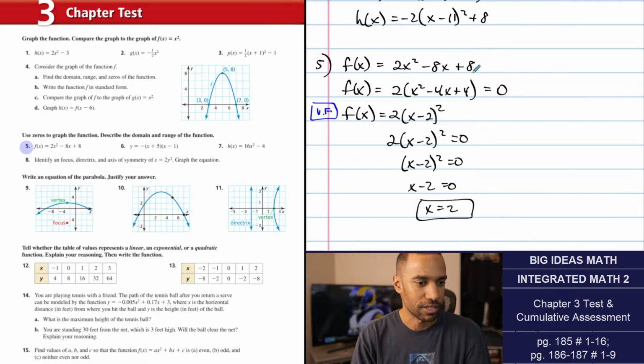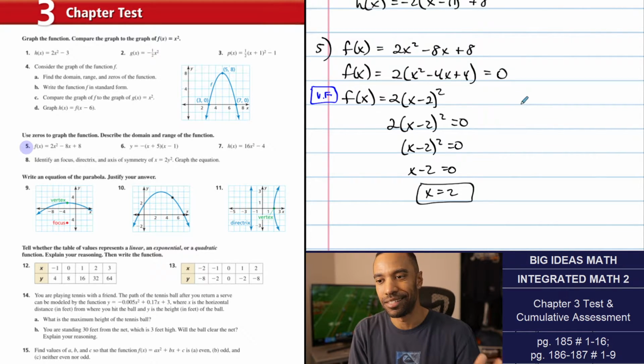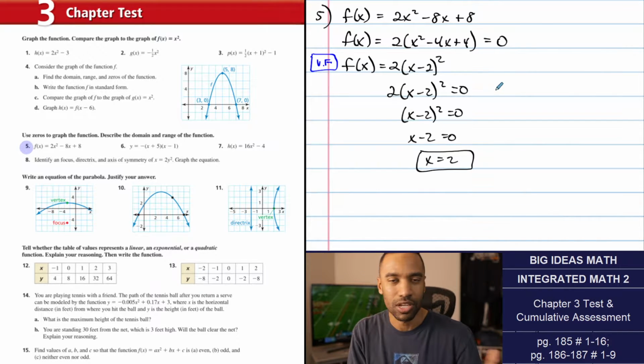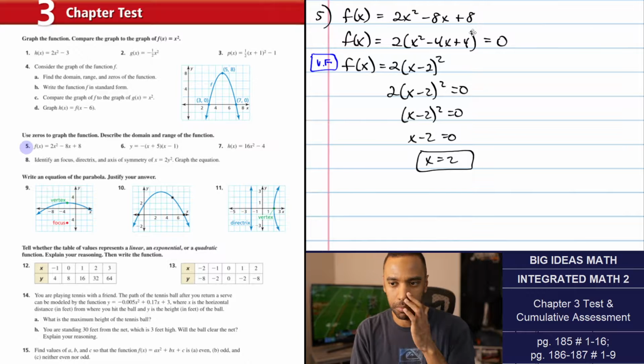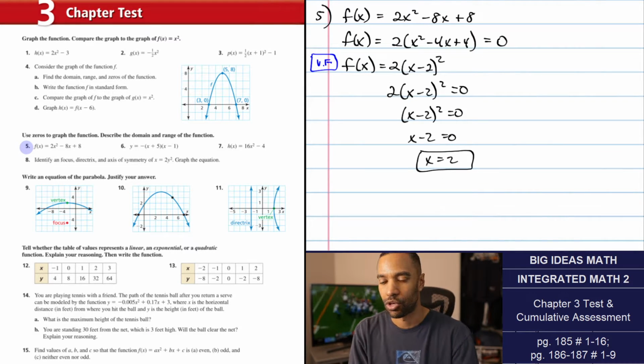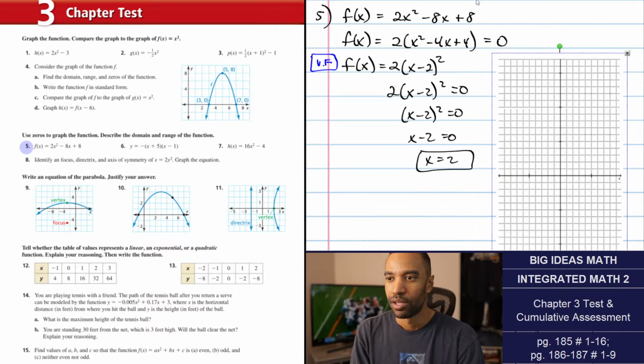Do I need to graph it? Yes. Use the zeros to graph the function. Because this thing has its 0 on the vertex, I'm using the somewhat factored form, somewhat vertex form to make that happen. It's both factored and vertex form at the same time. So apologies for that. There's not much I can do on that. That being said,